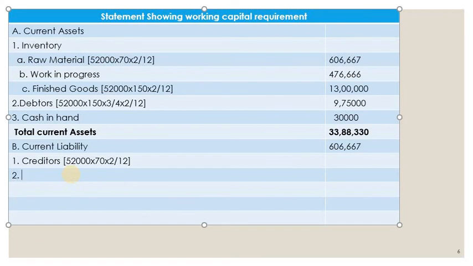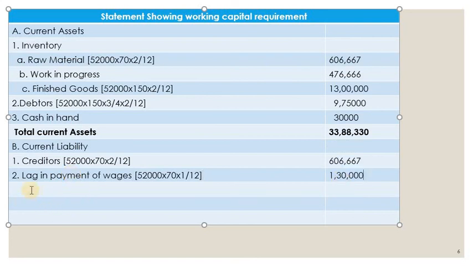The next one, there are lag periods. So lag in payment of wages is a liability. So how to calculate? Take the total units, 52,000 into wages is 70 rupees into what is the lag period? 1 divided by 12, that is 1 month. So we'll get the total, that is 1,30,000.